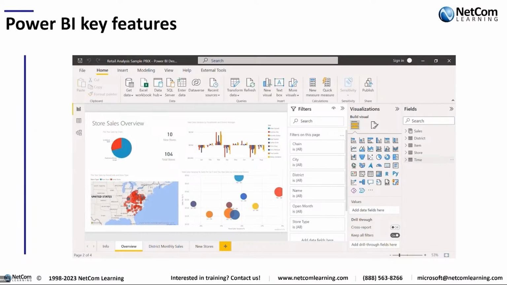A lot of times you'll hear organizations do something called digital transformations, where they're taking a lot of the data that they have in their organization and making it into more usable information, rather than just having all of this stuff somewhere and not knowing what it is or how to use it or what it's trying to tell you. So the tool is generally there to do the visualization component, but also create data models. A data model is where Power BI will allow you to create the relationships between the different types of data that you have in your environment.